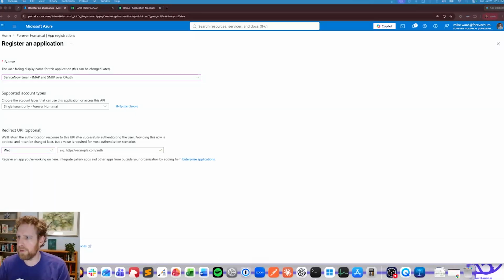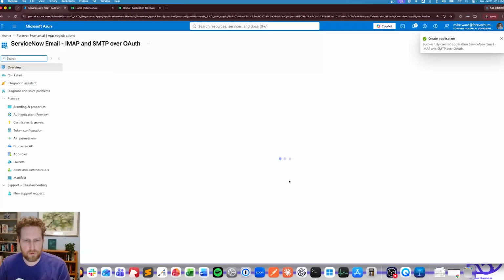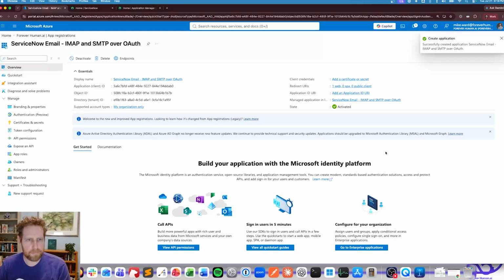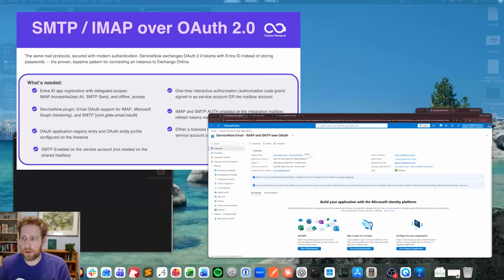I'm going to pull up my page of notes. And this should just be the instance URL with /OAuth redirect.do. Right, easy peasy. Register that up. And then you've got some IDs here, which you will need. You will need this application client ID. So please copy that. You will also need